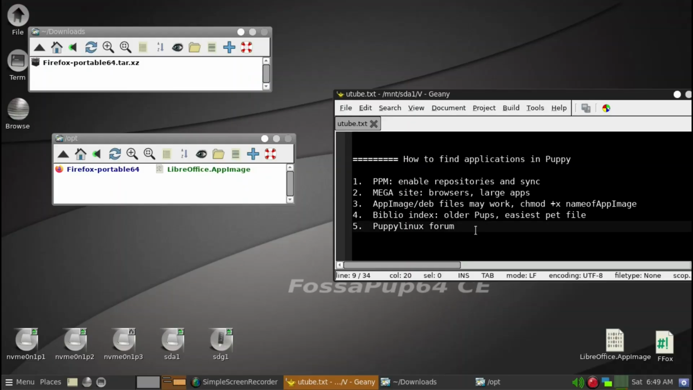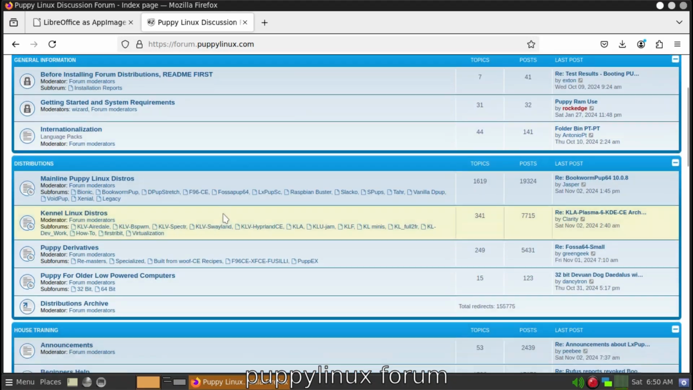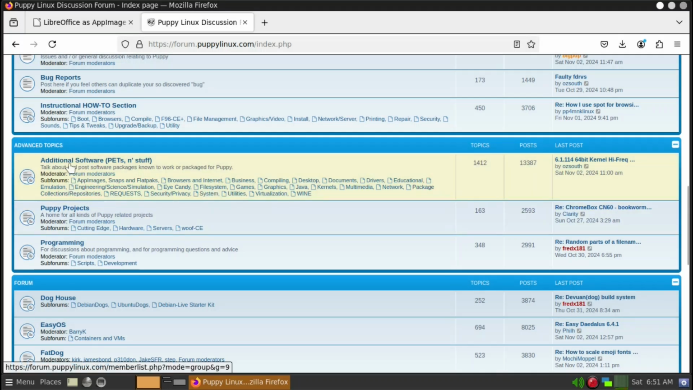And then of course you can always look around the Puppy Linux forum. So here's the Puppy Linux forum site. And then pertinent to what we're discussing today, additional software. For example, you may be able to find files related to iCandy, and then Flatpaks and Snaps, which I find much more difficult to use, and I haven't had any good luck. So, but I think that that's